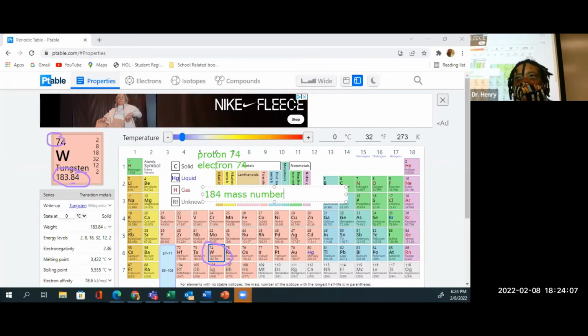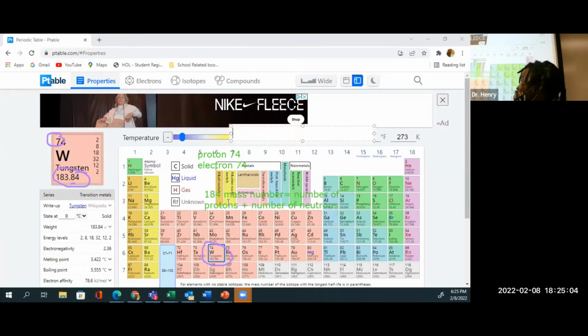So all we're saying is that we know it's made up of protons and neutrons. So that mass number is going to be equal to the number of protons plus the number of neutrons. We're saying that the mass of one proton is 1, and the mass of one neutron is about 1. If we add them together, they're going to equal the total mass of the atom that we're looking at. So if our mass number is 184,